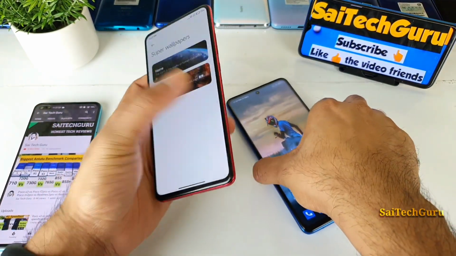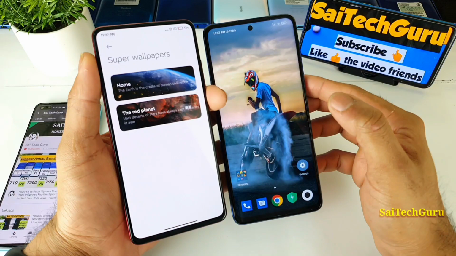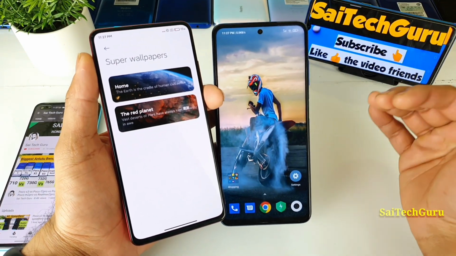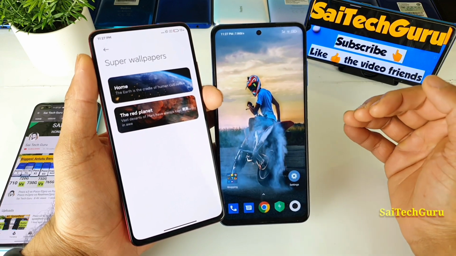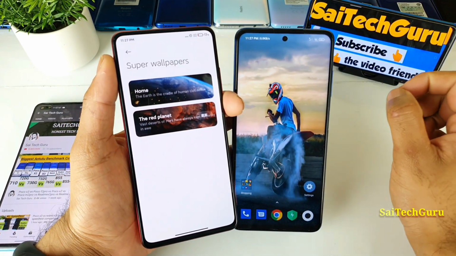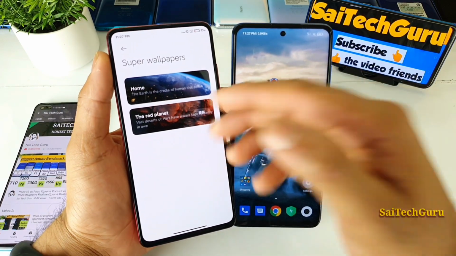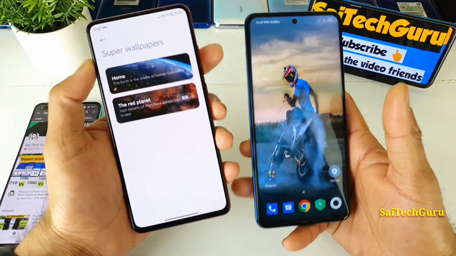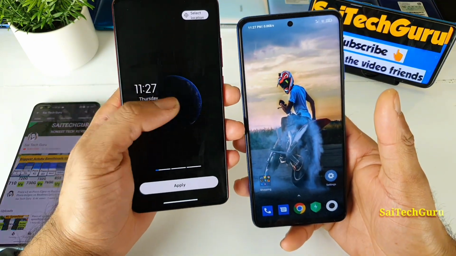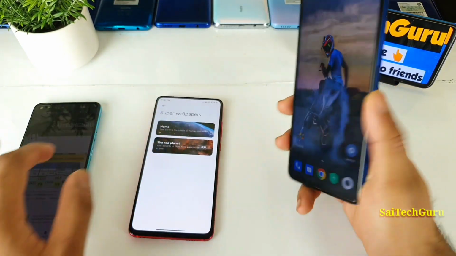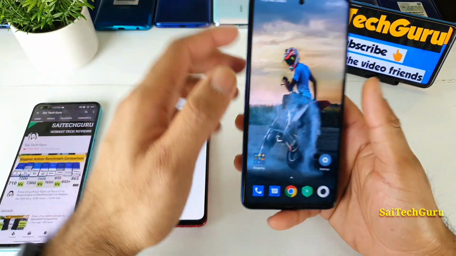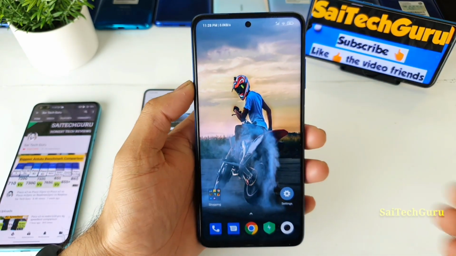So let's get started with the live wallpapers. Once you download the file from the Telegram group, you need to unzip the file. Once you unzip, you get different categories. One is the Mars APK, one is a normal Earth planet APK. So two different APKs you will get after you unzip the file. Once you install the APKs, there will be two different wallpapers in the Poco X3 as well, as you can see here, friends. Right now I did install one of the wallpapers, and let me demonstrate how you can install it in this smartphone.